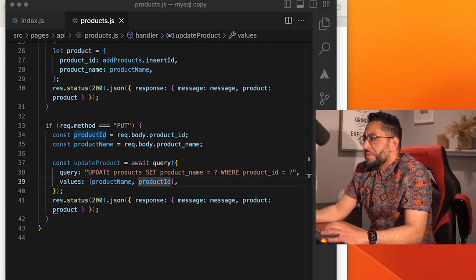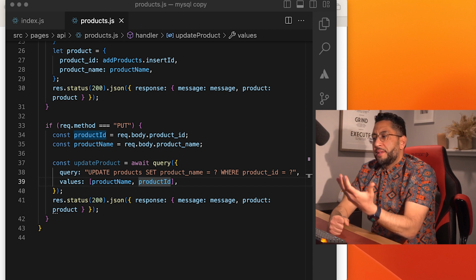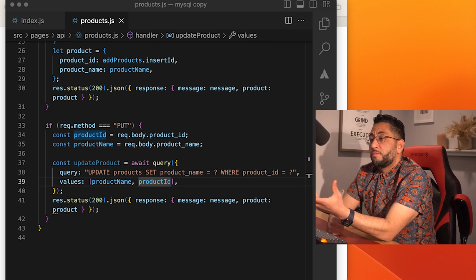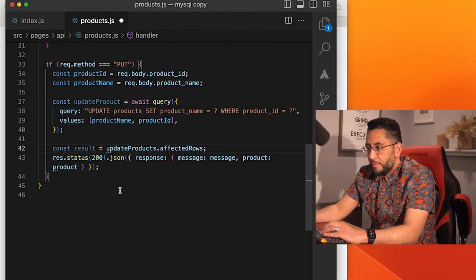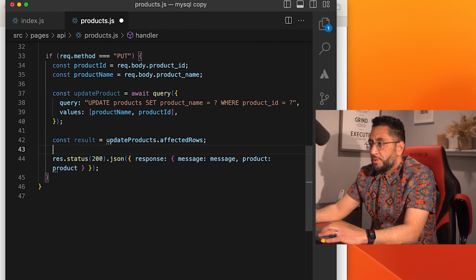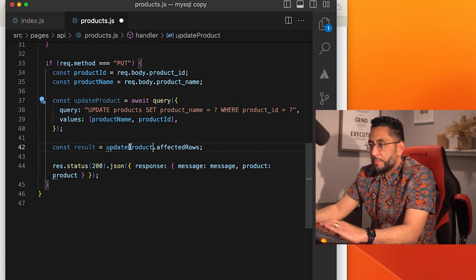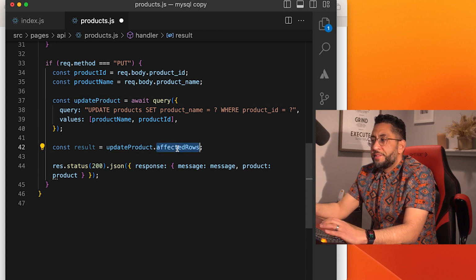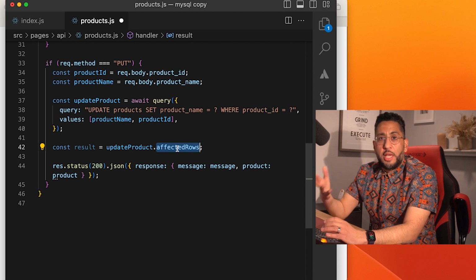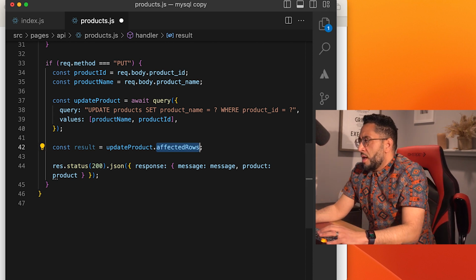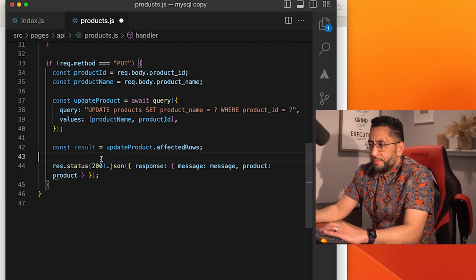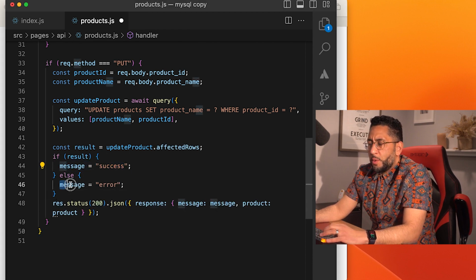All right, great. Then when SQL is updated, it sends over a property called affected rows. How do you know that this was updated? There's another field property called affected rows. So we're going to put the result of that. Const result equals update product dot affected rows. That's going to have like, was a row changed? And it'll typically just have a Boolean value of 1 or 0. So we'll say if the result is there, message is success, otherwise message is error,